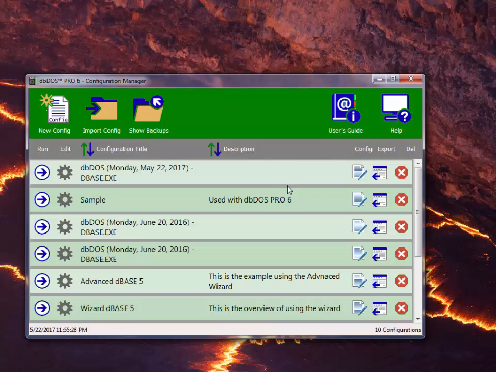Now, one last thing. Notice as we're flying over things, we put the description in there. Notice down at the bottom, here in this corner, you now have the description of what it is. So it goes ahead and tries to tell you exactly what you're looking at inside of this. Also, we have the date and time now down in here, and we tell you the number of configurations you have on your environment. So that really is an overview of the dbDOS configuration structure,